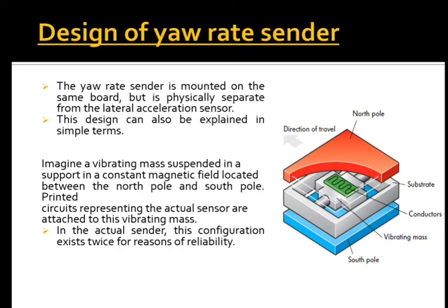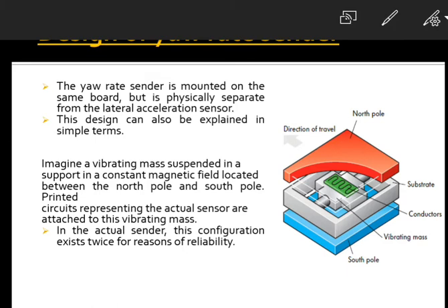These principles are totally different, and the yaw rate sender simply works on the principle of a gyroscopic device. A gyroscopic device is used to measure the angular velocity about the vertical axis of the vehicle. When the vehicle yaws on the axis, this sensor sends a signal to the ABS, the anti-lock braking system, which is used in the whole control unit which controls the brakes of all wheels by applying and actuating them.